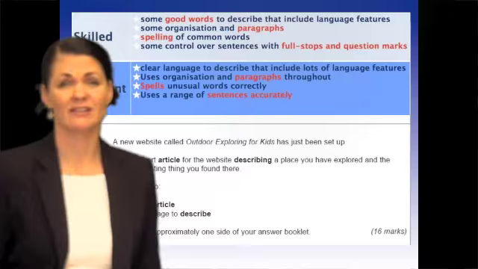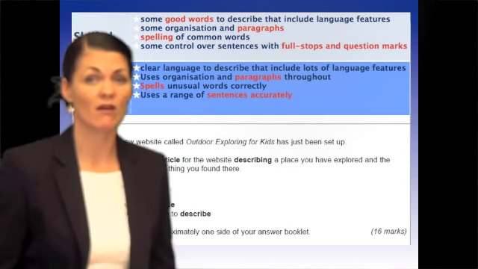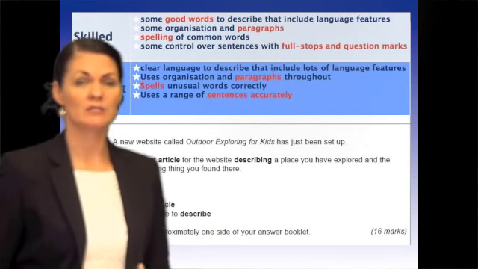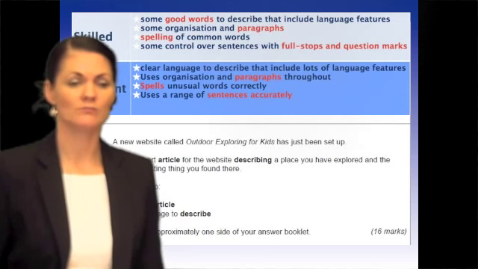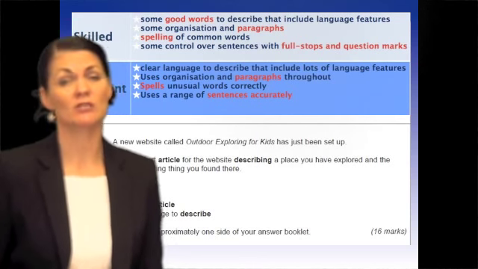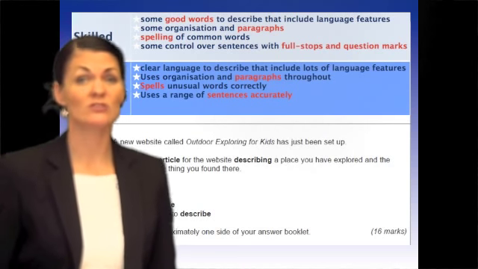Much more entertaining for examiners to write about some exotic island that you were shipwrecked on, or something that you, some adventure, some imaginary adventure is going to be much more exciting